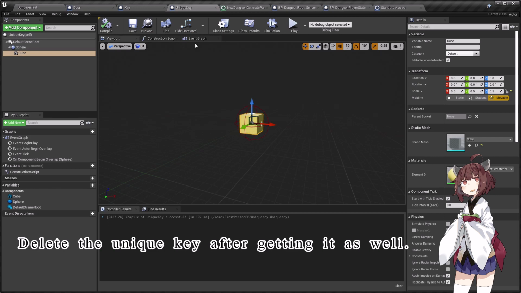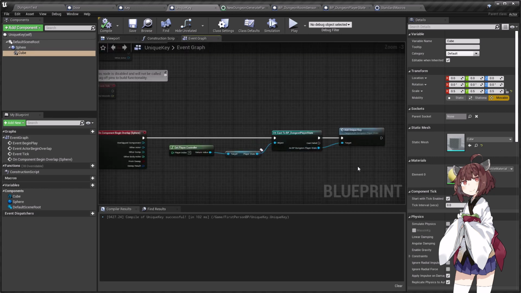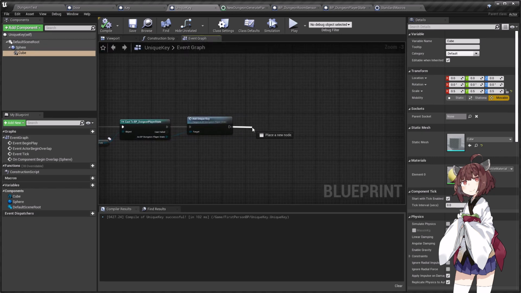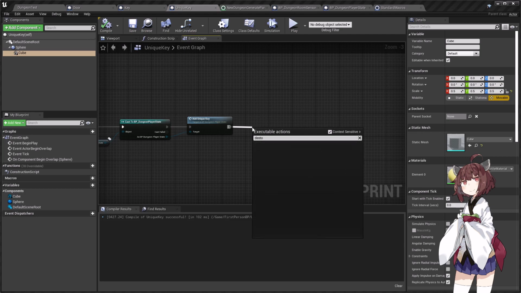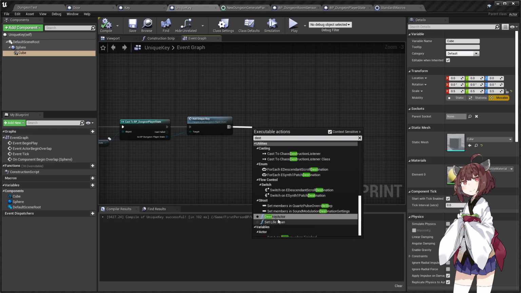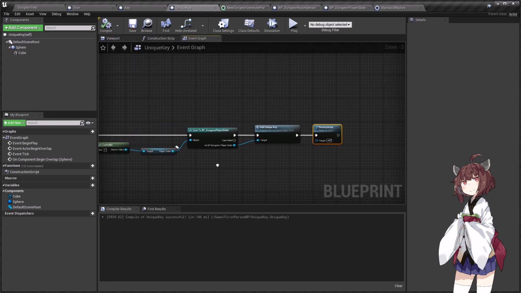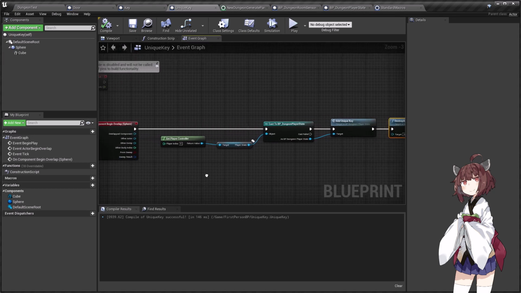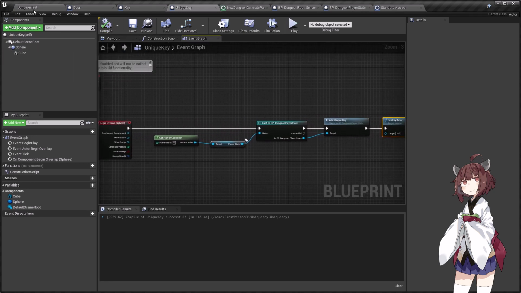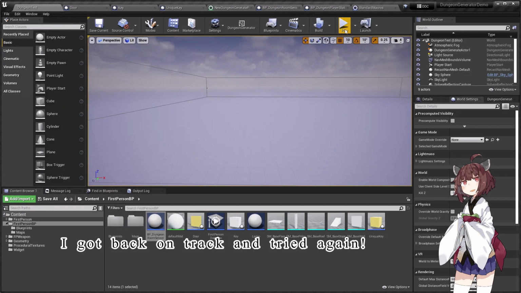Delete the unique key after getting it as well. I got back on track and tried again.